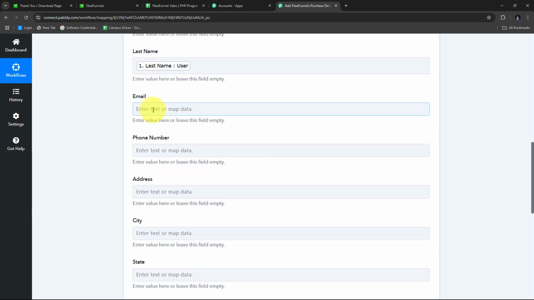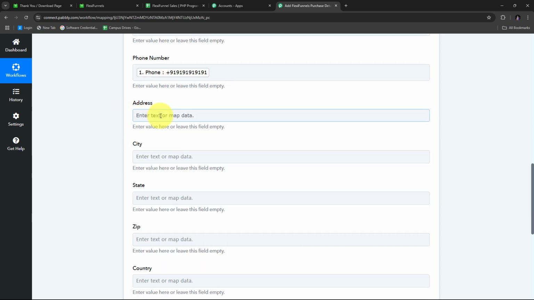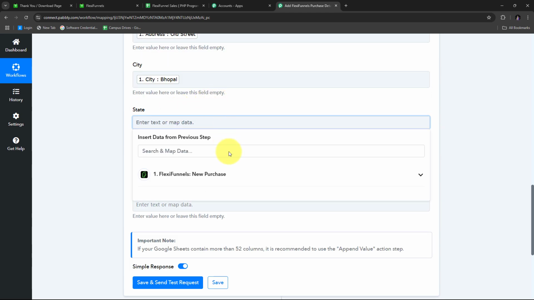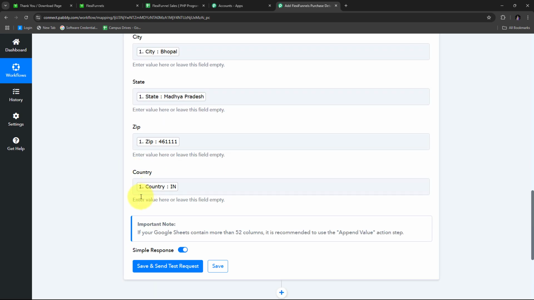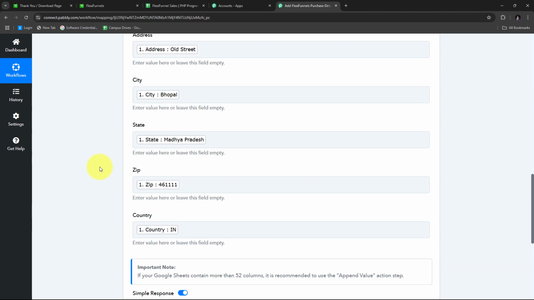Now I'm going to give the email address. Also, I'm going to map the phone number, and now I'm going to map the address. I have to give the city. I'm going to give the state. Now I'm going to give the zip code and my country code. Now here we can see I filled all the required details and all the details of my customer and my